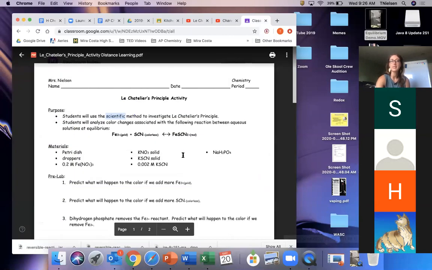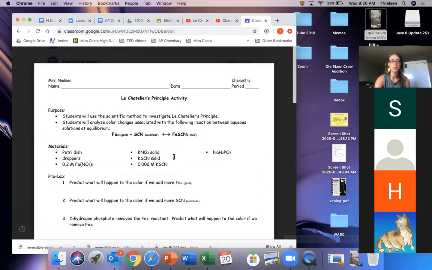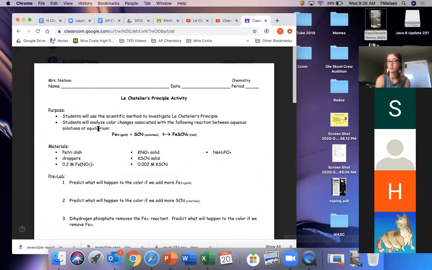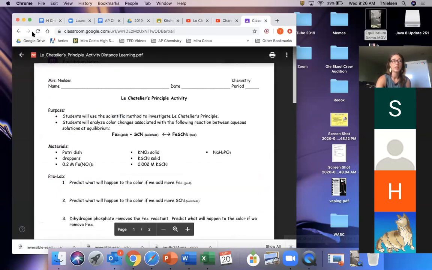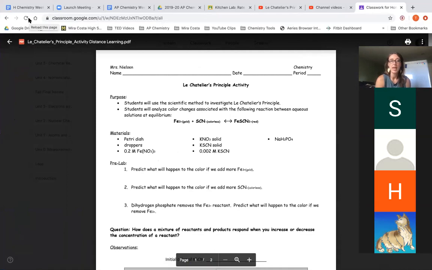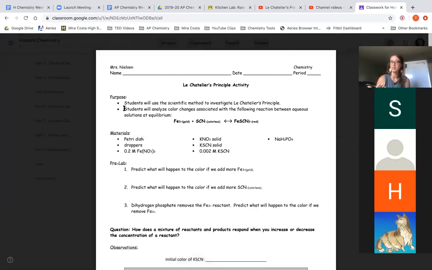Okay, so if you would please access this, and if you could just take notes somewhere, or if you printed this out, you can write directly on it, whatever works best for you. But I want to introduce the concept of equilibrium to you all with this demonstration. Okay, and the purpose of this is that you are going to use the scientific method to investigate